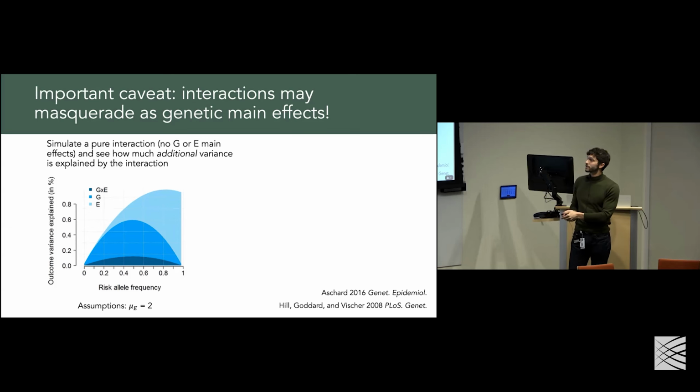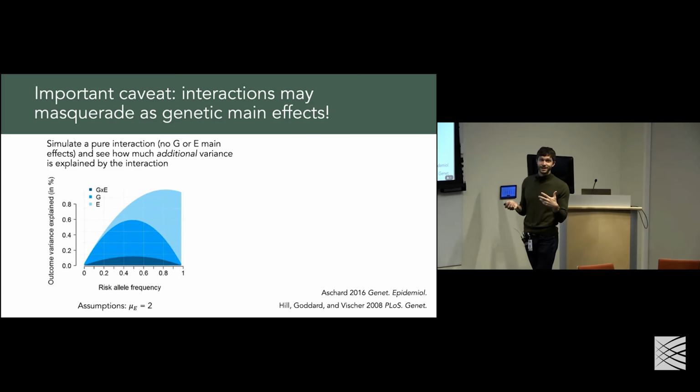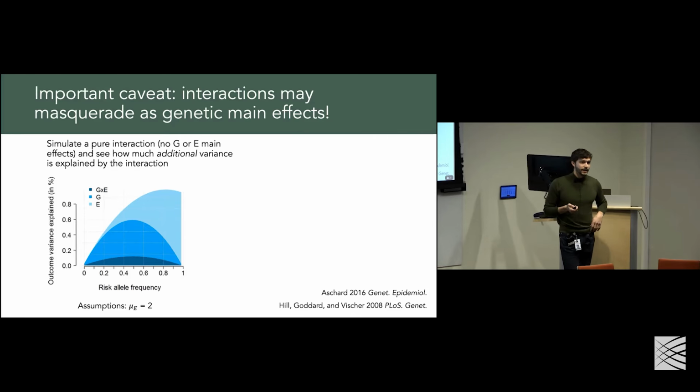The dark blue here is the G/E. We're going to attribute very, very little. The model in practice is going to attribute almost none of this variance to G/E, and it's going to attribute most of it to G, some of it, depending on the risk allele frequency, to E. This can take a little bit to wrap one's head around. I know it took me a long time initially to think through some of this, but the main